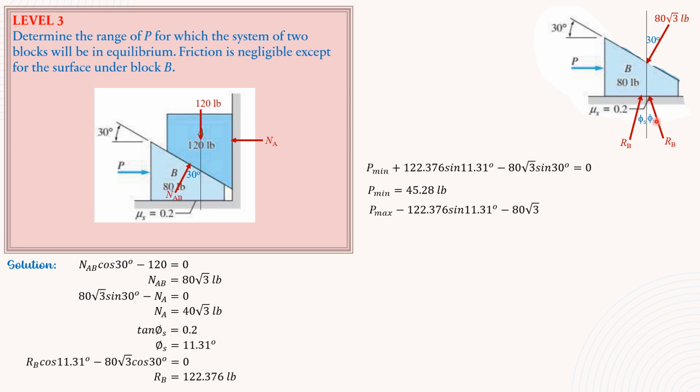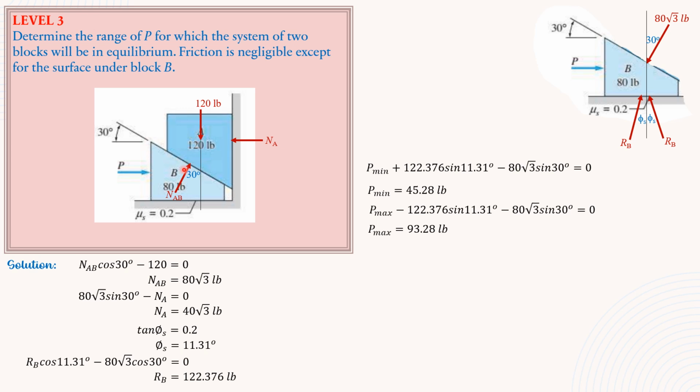Then P max minus 122.376 sine of 11.31 for this situation here, and minus 80 square root of 3 sine 30 equals 0. P max equals 93.28 pounds. So for the second analysis,